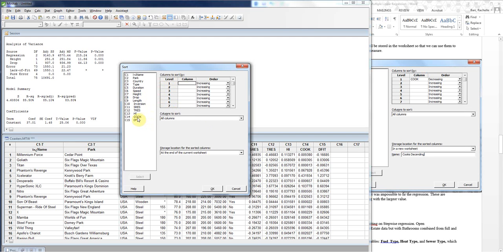Anyway, I want to sort this by the Cook's D value, and I want to sort it in decreasing order so that I get my highest Cook's D's at the top. And I want to sort all of them. I don't want to sort this at the end of the worksheet because that's just going to make this really, really long. I'm going to make it do a new one. And I'm going to call it Cook's Descending,